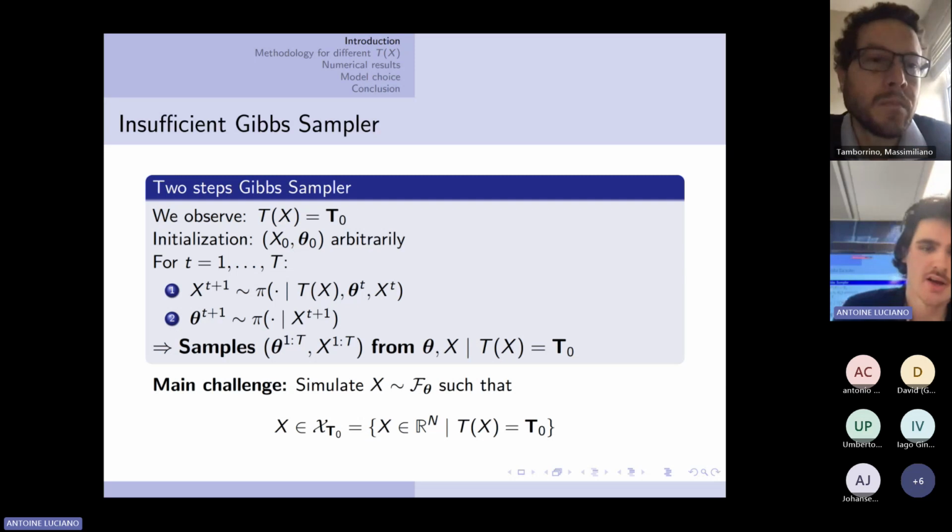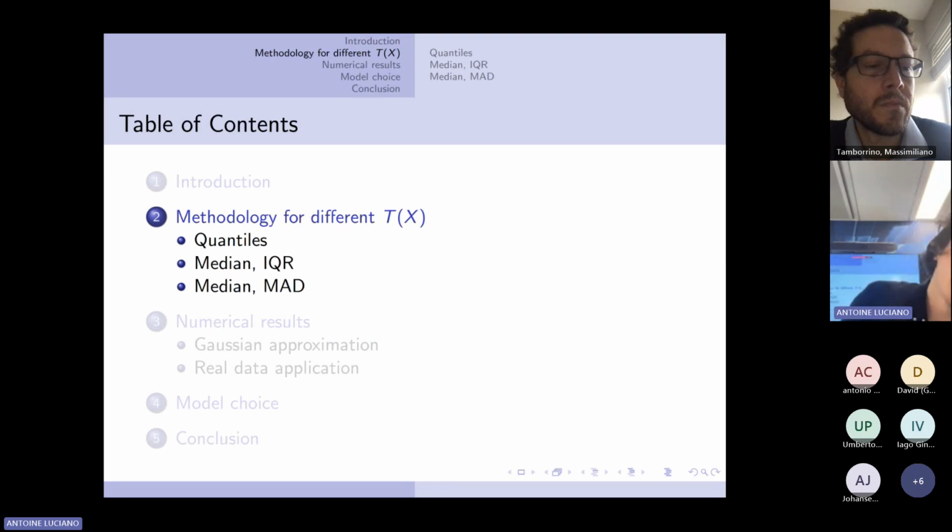Since we know our density f theta, we can perform Metropolis-Hastings in a really easy way. So during this presentation, I will present our methodology for a different kind of robust statistics. I will present the quantiles case, which is simpler but really helpful